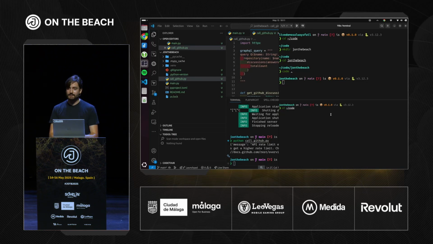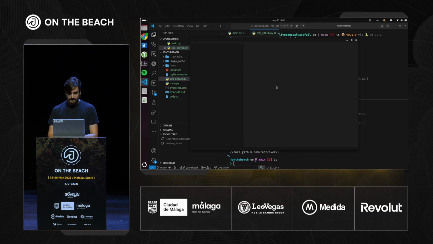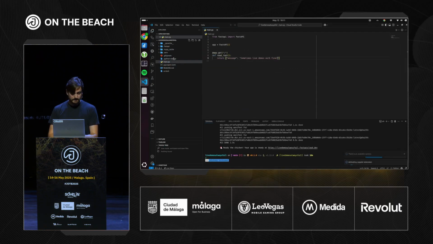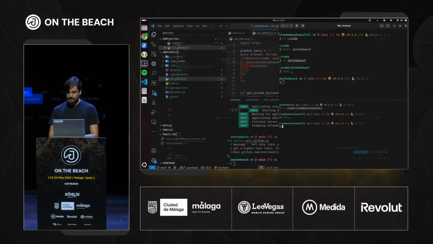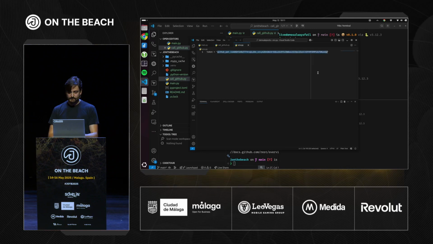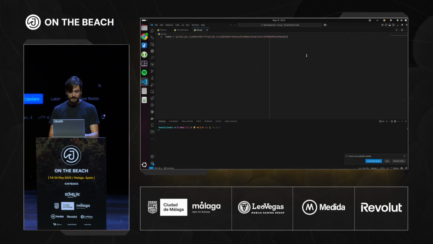And I will start sweating and blushing. And yeah, let's see. I had one that was called Live Demos Always Fail. Maybe this one. Did I have the token here? I didn't have the token here. Let's use another old token. CD code. I think I was doing another demo. This one. Yes, I have another token.